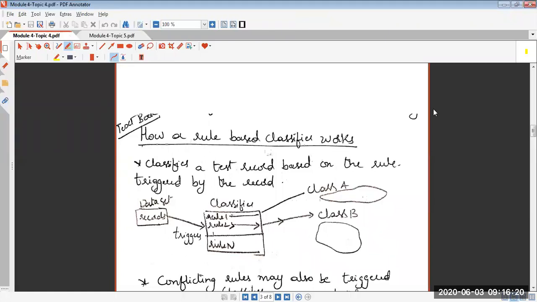Okay, good morning all. So I'll start the class with your confirmation regarding the audio and screen visibility. Please confirm so that I can start with the class. I'm repeating, please confirm whether you're able to see the rule-based classifier displayed on the screen and also whether the audio is clear. You can just confirm with a yes.